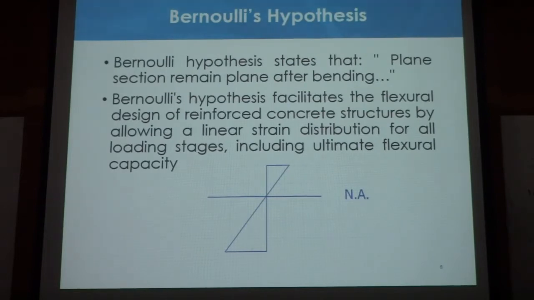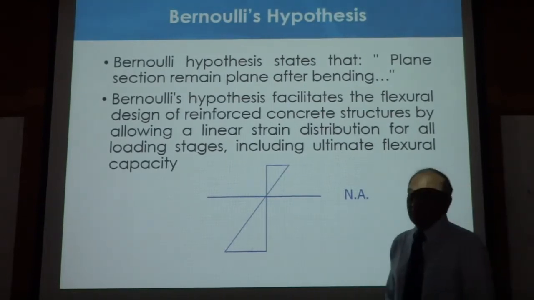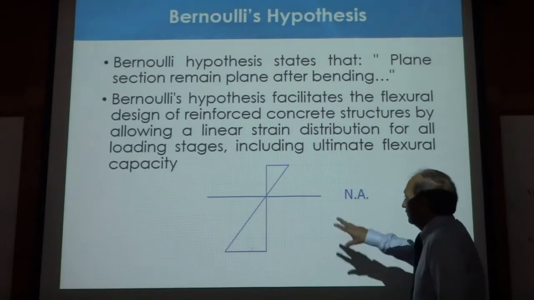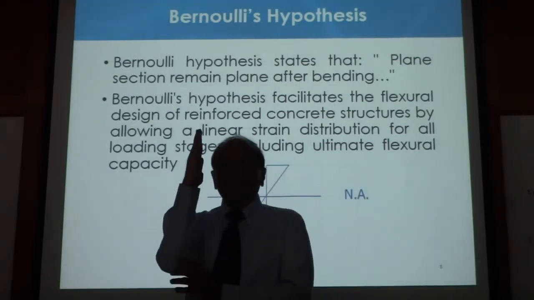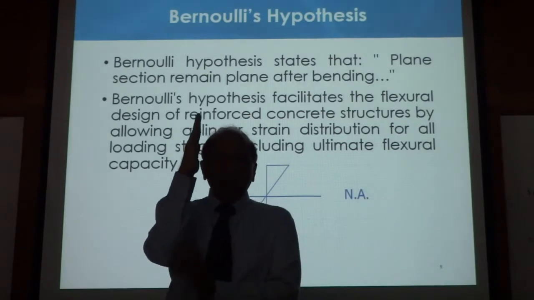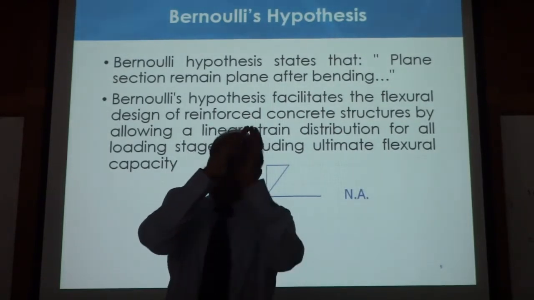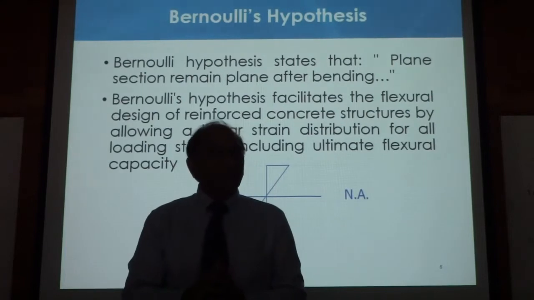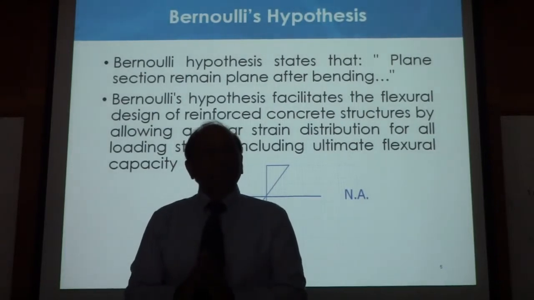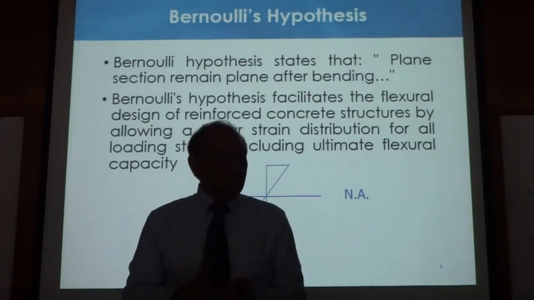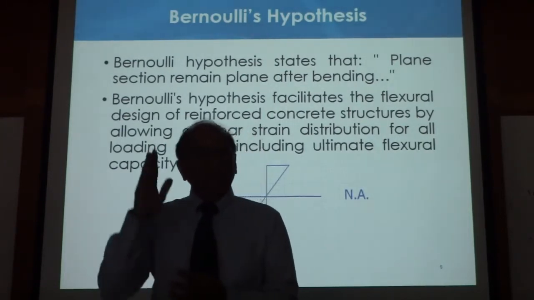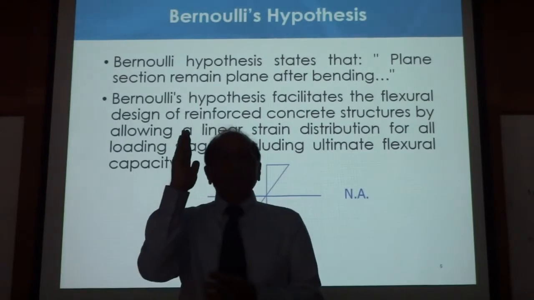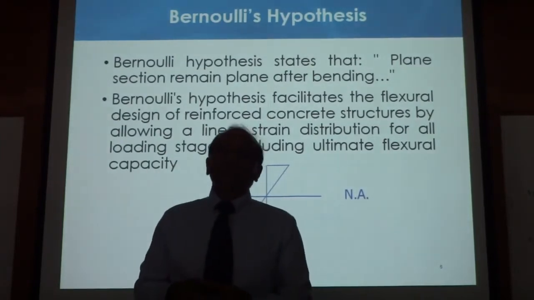Now you also remember Bernoulli's theorem. We talked about this one. Bernoulli's theorem says that if you deform something, if it is a straight section like that one, it becomes rotated but remains straight. So plane sections remain plane after bending. That means there is no warping. Remember warping? We talked about W. So if there is no warping and plane sections remain plane, then we can use the theory that he proposed.